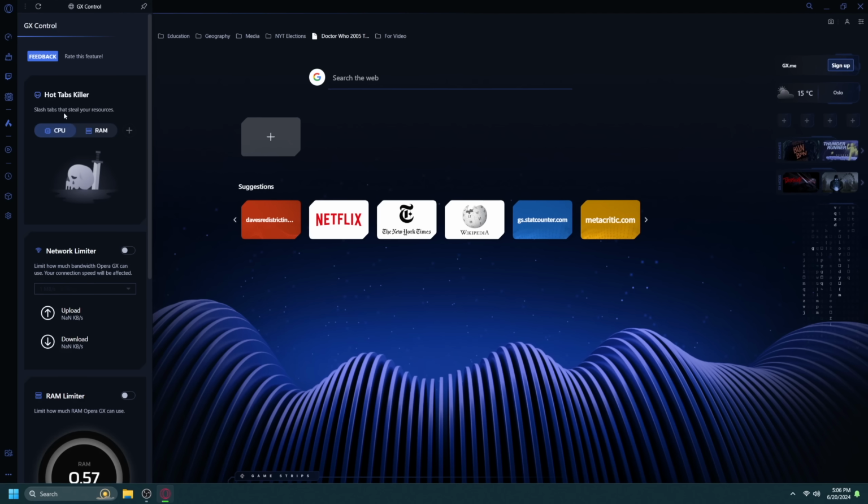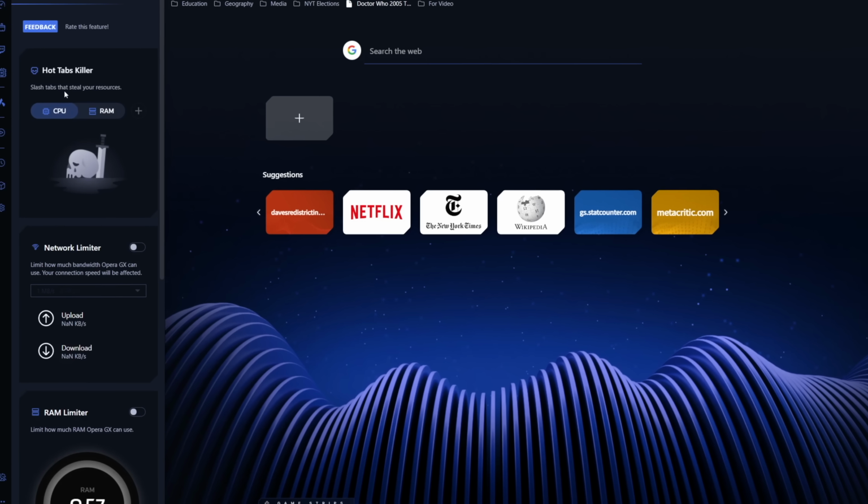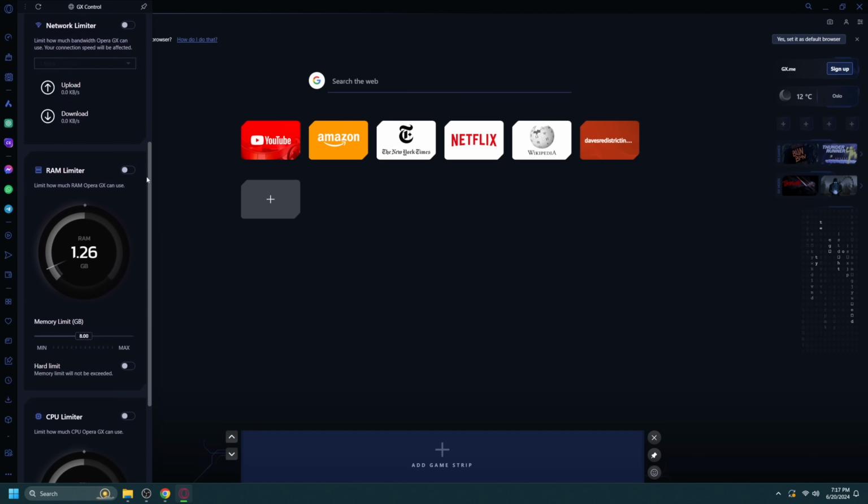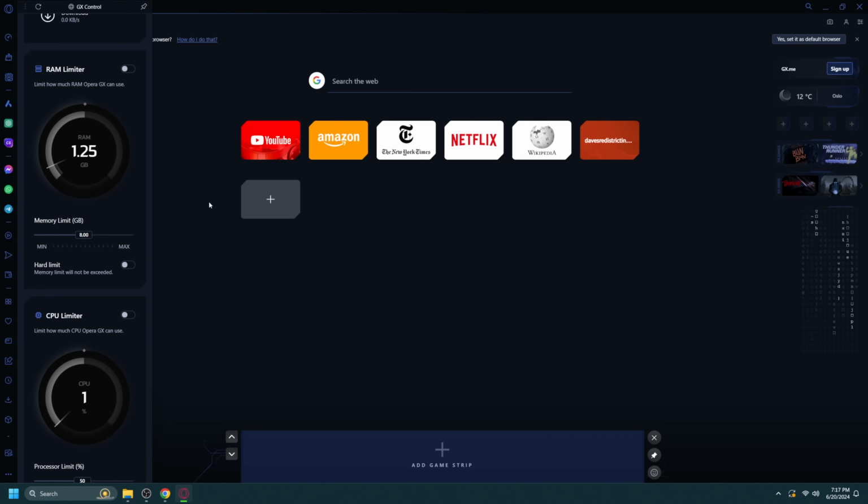The sidebar is also where GX Control is located, and this is where RAM and the CPU can be limited, which you might need for this browser because I was able to catch this on camera. Apparently, while idling with just the homepage open, it's consuming 1.23 gigabytes of RAM. I don't really know how that's even possible, and I think it demonstrates the bloat caused by all of these